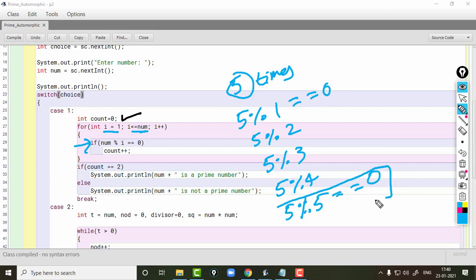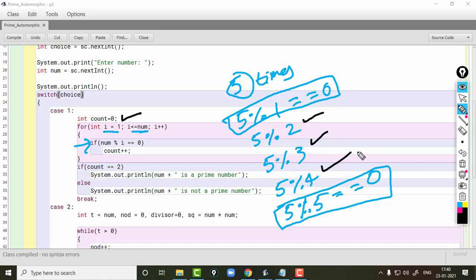So these two are the only iterations where the condition will be true. The remaining 3 conditions will be false, so counter will increase only 2 times.